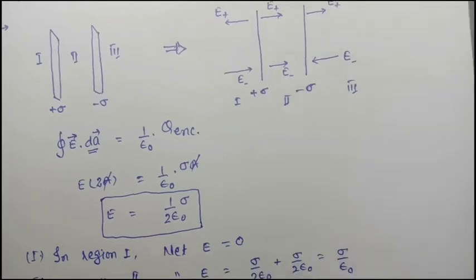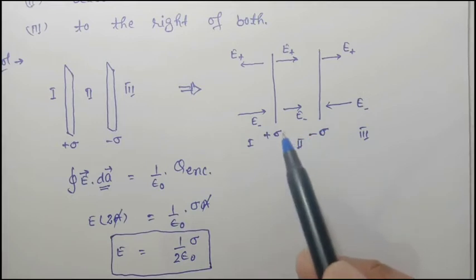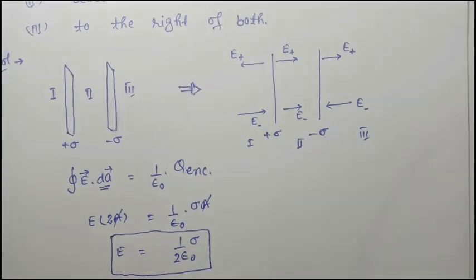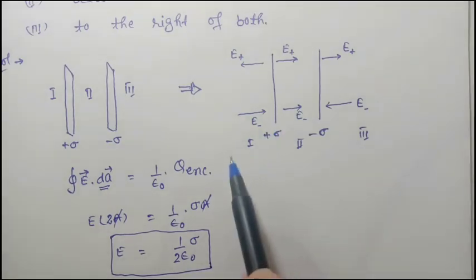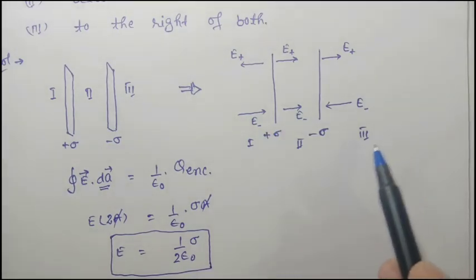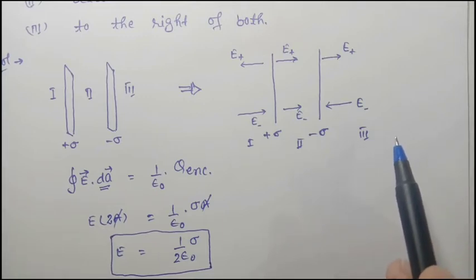So in this case we have electric field only in between the planes, and outside the electric field is equal to 0. That is, in between the planes the electric field is equal to sigma over epsilon naught, on the left side of the planes the electric field is 0, and to the right of both the planes again the electric field is equal to 0. Okay,